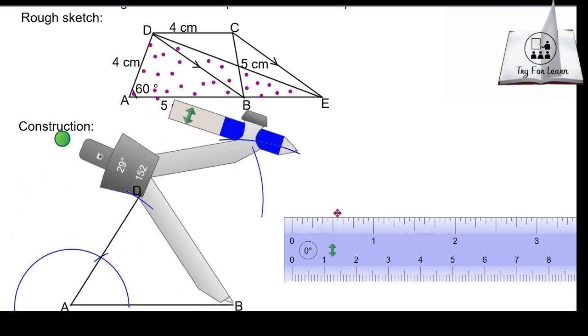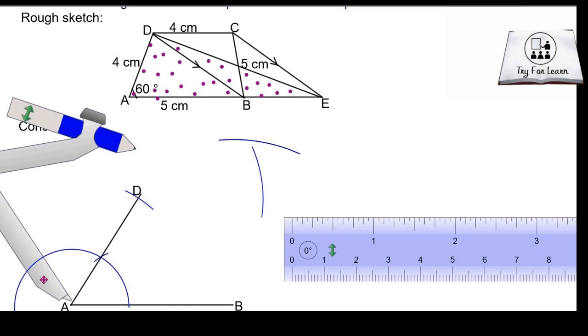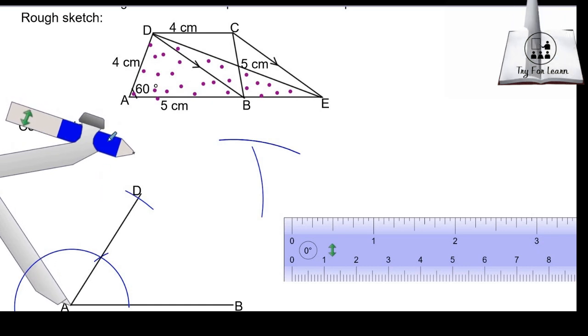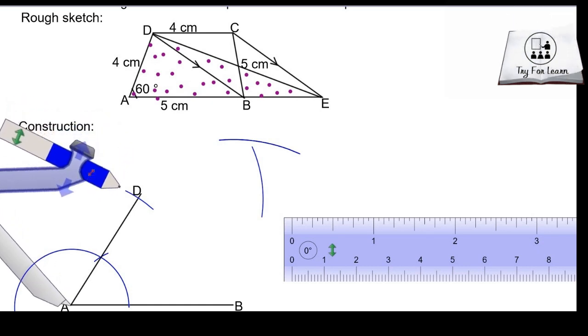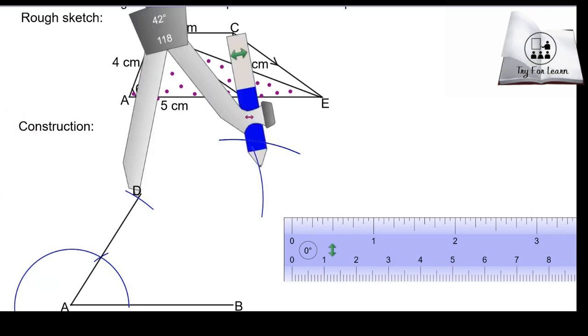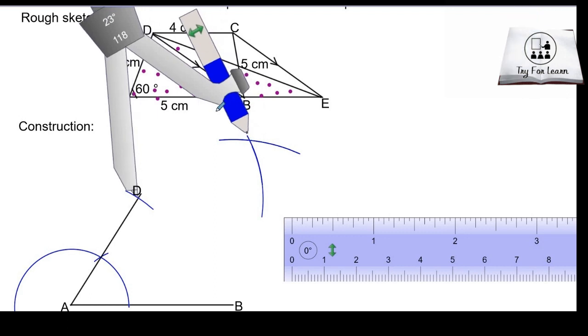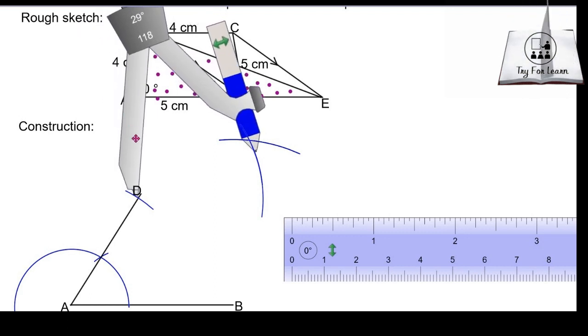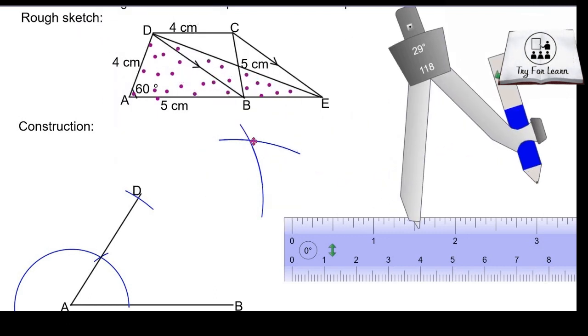These do not intersect, so here again measure this AD. Again measure 4 cm in this arc, and this 4 cm length arc again we should intersect. We should draw from here until they intersect each other. Okay, now there we get the intersection of these two arcs. Now if you call that intersecting point C,